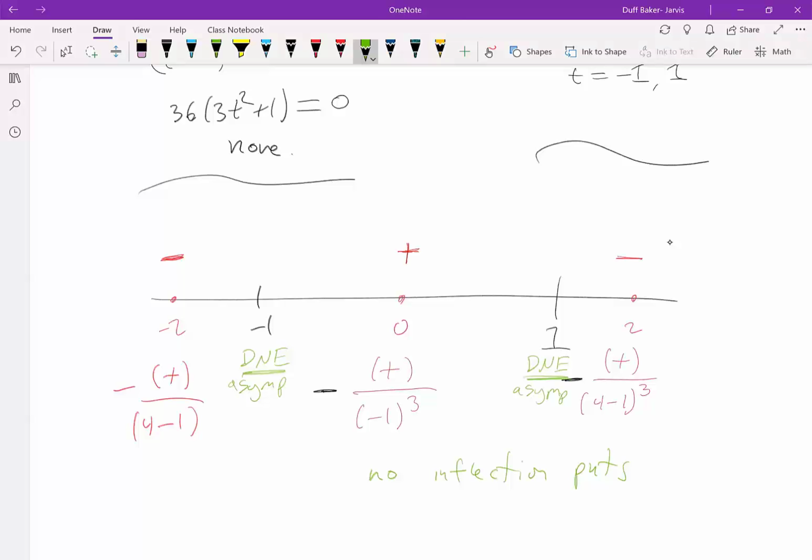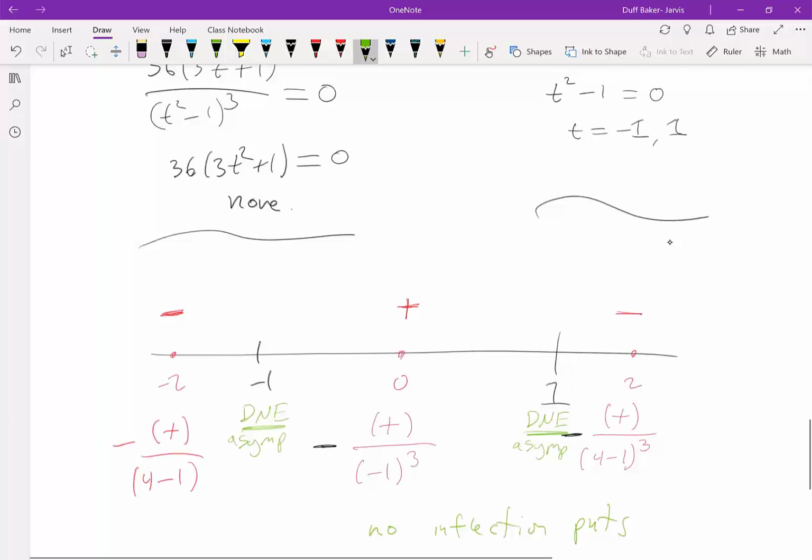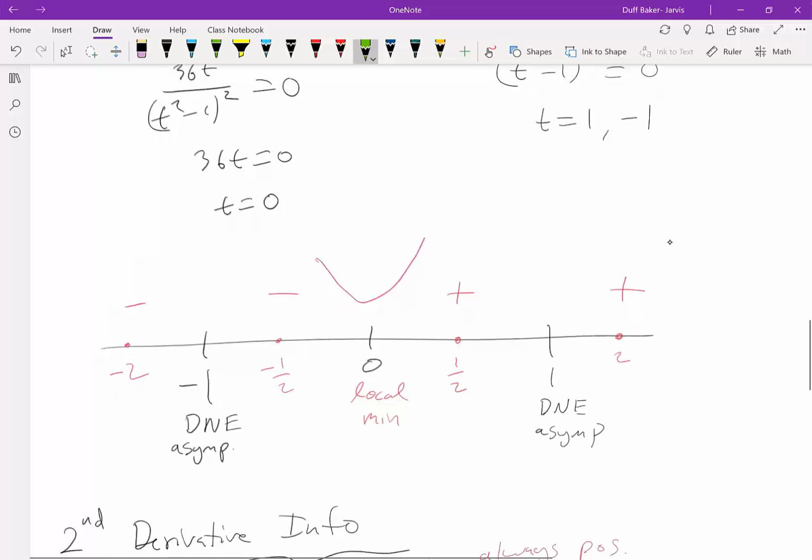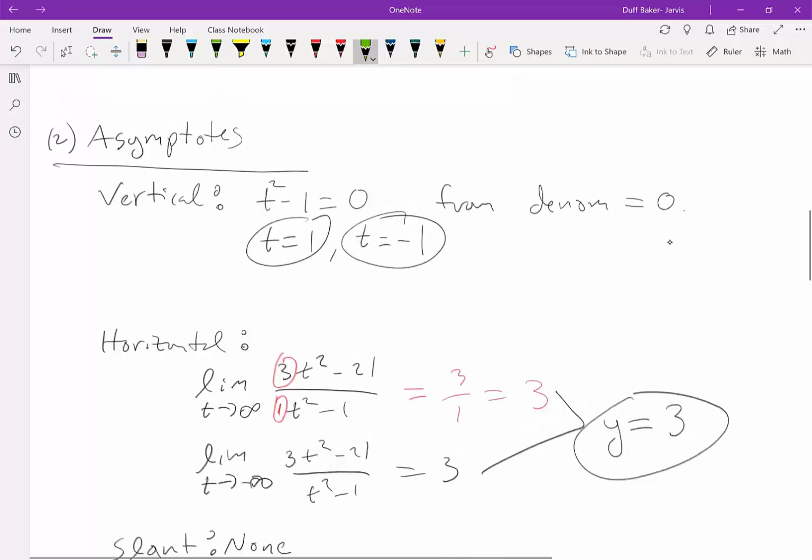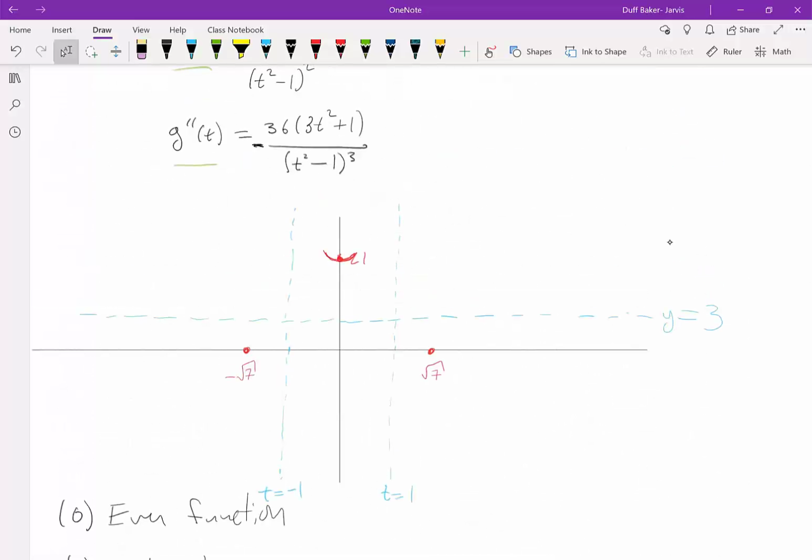Okay. And now we try to put this all together in the graph. So let's remember that the second derivative went minus, plus, minus, and it breaks at plus or minus 1. And from the first derivative, it goes decreasing, decreasing, increasing, increasing. So in the middle here, it went decreasing, increasing, and it was concave up in the middle. All right, so that would be that sort of picture. On the outside, to the right, it was increasing and concave down. So that means it has to do something like this, and it has to go through our point. And to the left, it was decreasing and concave down, so that has to be something like